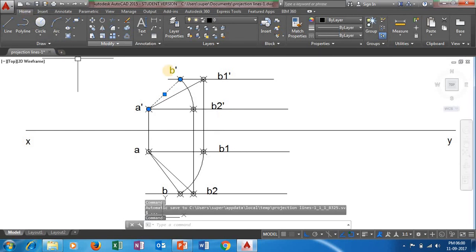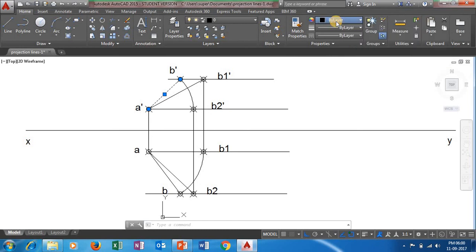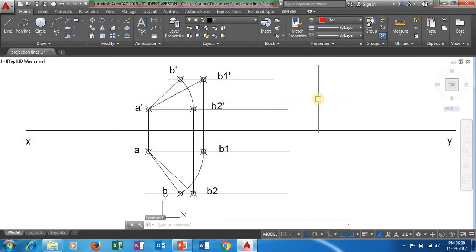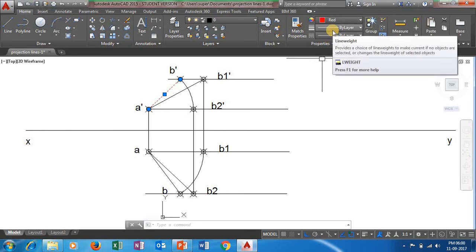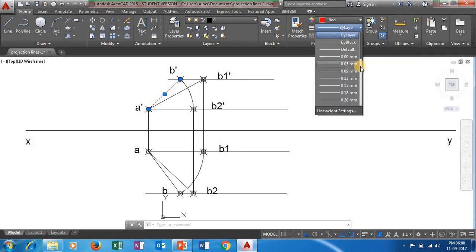Now go to home tab, properties panel. First let me change the color of that particular object. Go to the option called object color, give a click, select a color of your choice, hit escape key. Now you can see the color of this object has turned red. Again, select that object, go to properties panel. This time go for line weight, the second option. Give a click and scroll down the values. Go to a value of 0.40 mm. Give a click,